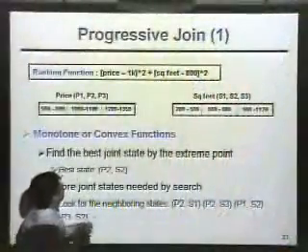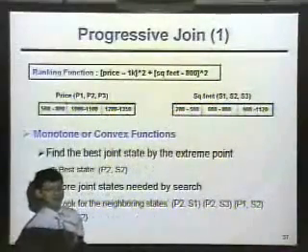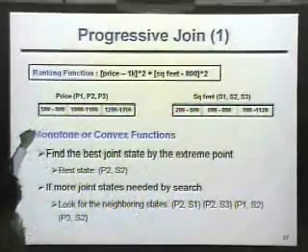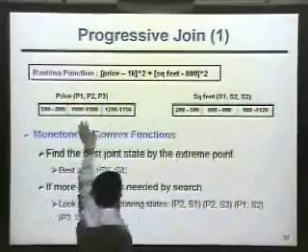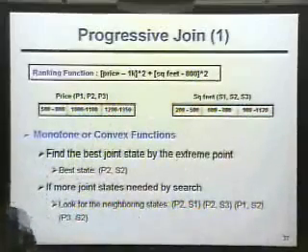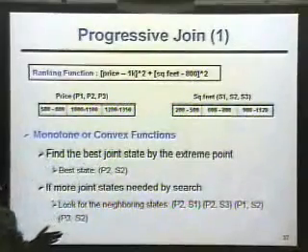The first case is that we have some very nice function. The function is monotone or convex. So given this function, we know which state is best because we can analyze the extreme point. For example, given this ranking function, we know the price around 1,000 and the price per square feet around 800 is best for this ranking function. So in this case, we know that this block and this block combined, P2, S2, is the best state. So we will first look at this state without looking at the other states.